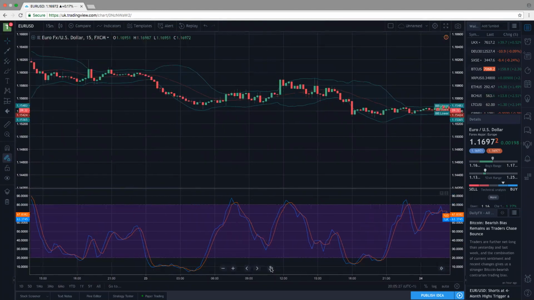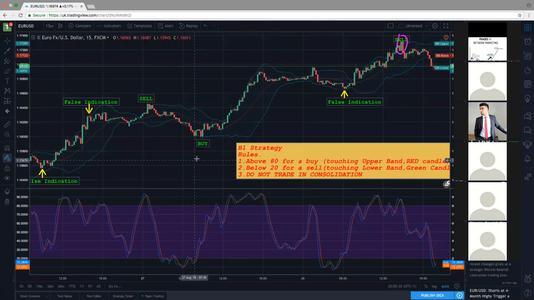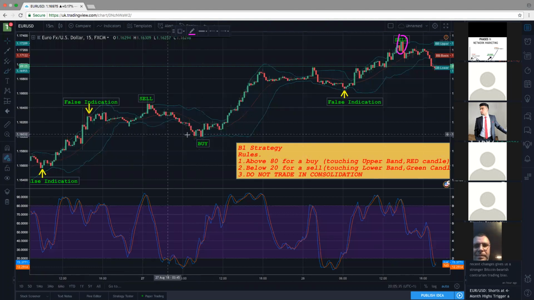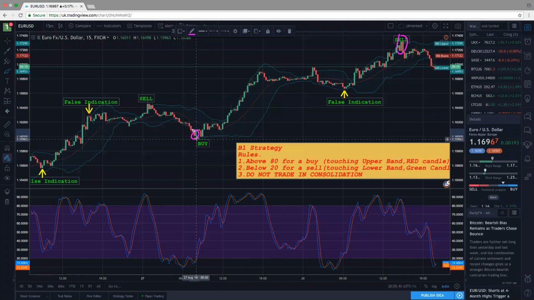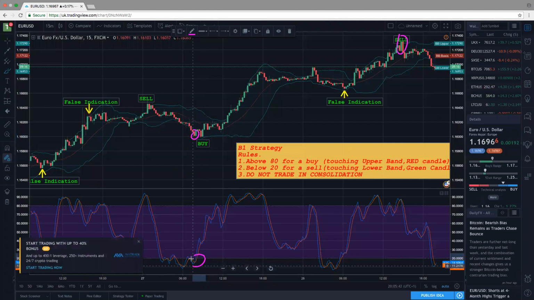Let me just fix this up. So when we're looking for a buy, you see how it's touching the lower Bollinger Band, and it's below 20 on the stochastics. That is a good indication for a buy. When you see a green candle touching the lower Bollinger Band and it's below 20, it's a good indication that it's a buy. Again, we're only aiming for 10 to 15 pips. So if you entered this trade here,